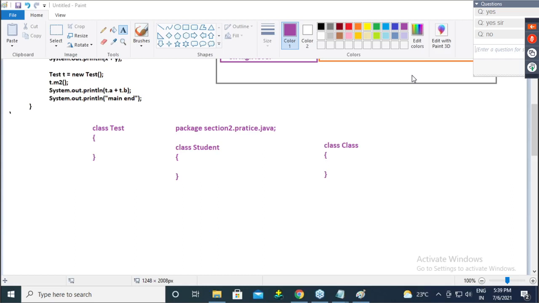Yes, Harsh. Class is a predefined class that exists in the Java library. Correct. Exactly correct.